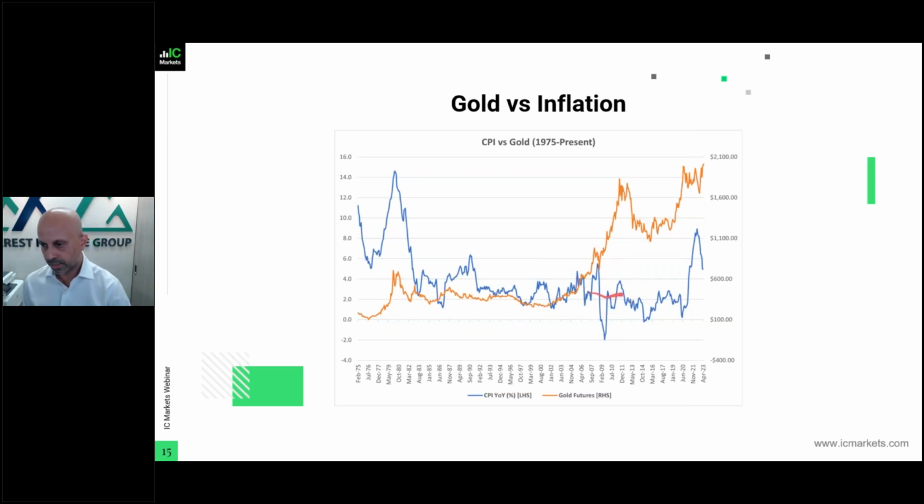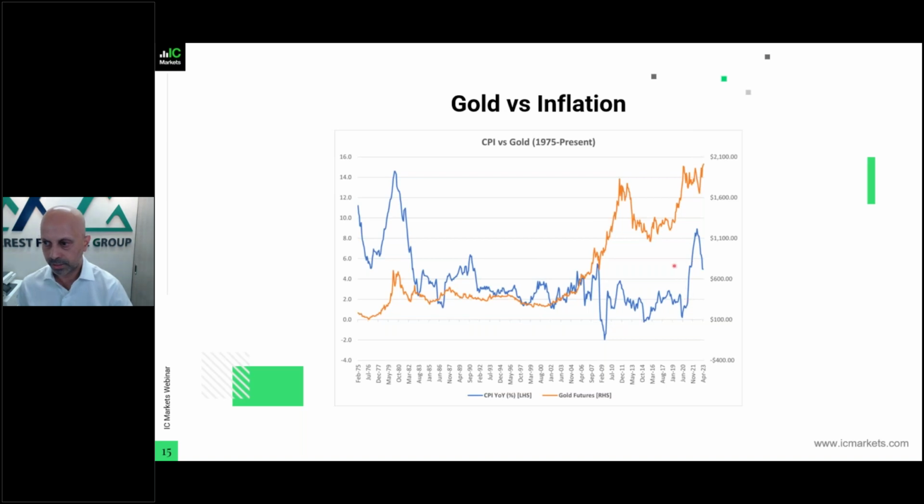And now over here, you can see that this was a period where gold started to rise very rapidly. Now, why did gold rise rapidly from 2002 all the way to 2010? We'll come to that in the next few slides. Now, similarly over here,